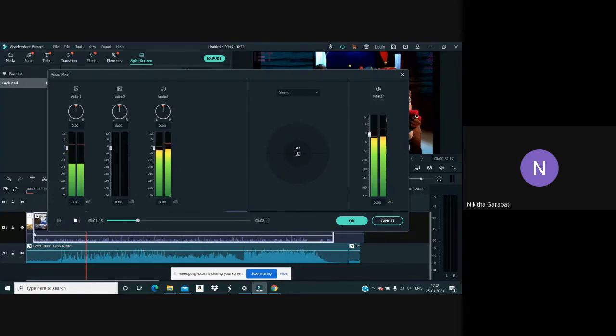But if you want to see how all the clips together get affected and adjust according to that, you can use the audio mixer. Here everything is displayed separately, and there's one master volume which shows how the audio in the complete video is being played. You can adjust according to your need, and this will automatically get adjusted. So that is the main difference between the audio bar and the audio mixer.